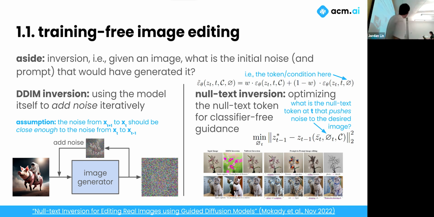However, the same authors from Prompt to Prompt also released a paper around the same time called null text inversion, which basically optimizes the null text token for classifier-free guidance. Remember, for classifier-free guidance, we have a null text that basically says we want to push the model away from generating images that are unclear which class or prompt it belongs to. So basically what we're doing is we're optimizing this null text token to not just push the model away from not being any class, but we're actually pushing the model away from not looking like the target image that we want, or not looking like the real image that we want. So we do this for every single time step, and we're able to do inversion really, really well,